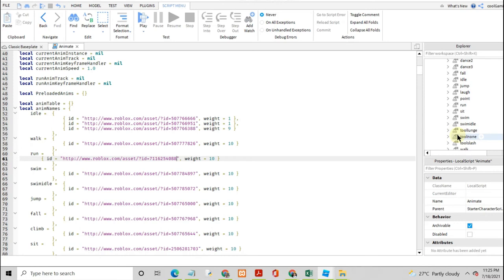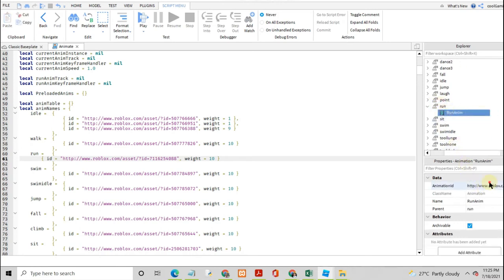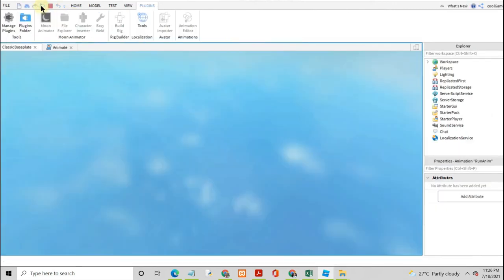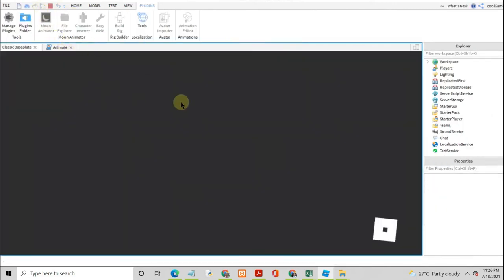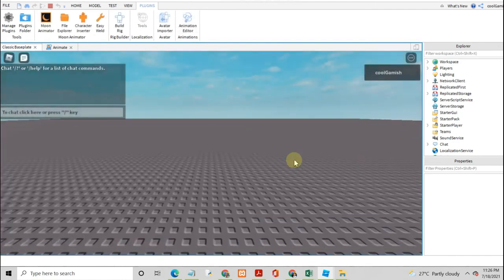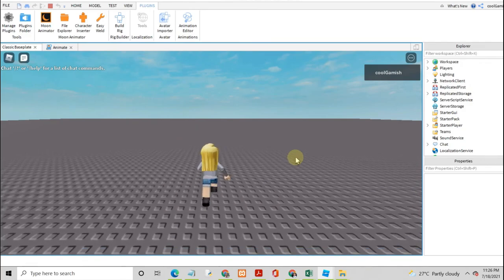Even after that, we have to do the next step of copying the same ID into the run folder, and there you have an animation. After clicking that, you need to change the ID in the first option in the properties window. The next step is we can play and check it out. With this, the animation will get applied to the player. Now you will be seeing the player moving.